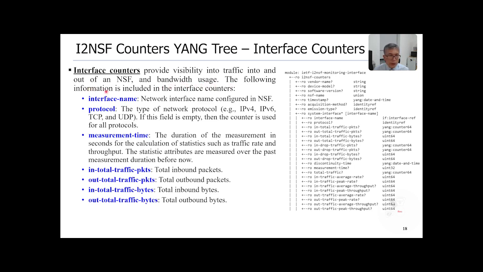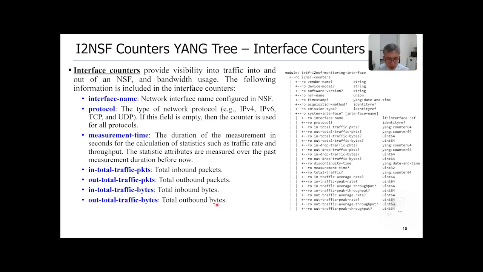The following information is included in the interface counter: interface name, protocol, the type of network protocol, measurement time, the duration of the measurement in seconds for the calculation of statistics such as the traffic rate and throughput. And in total traffic packets, out total traffic packets, in total traffic bytes, out total traffic bytes,